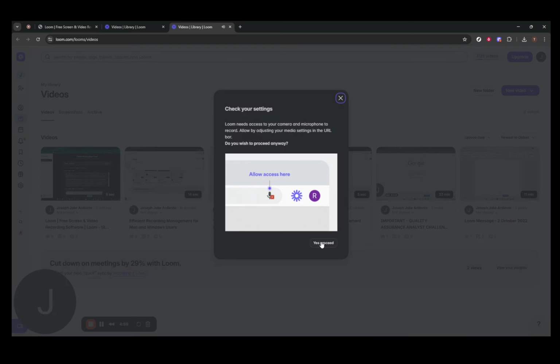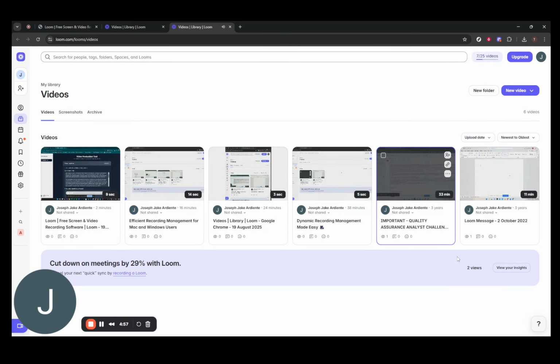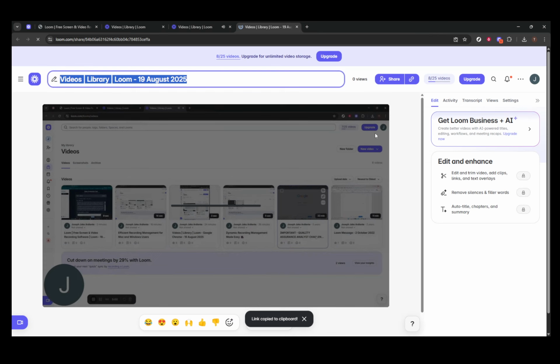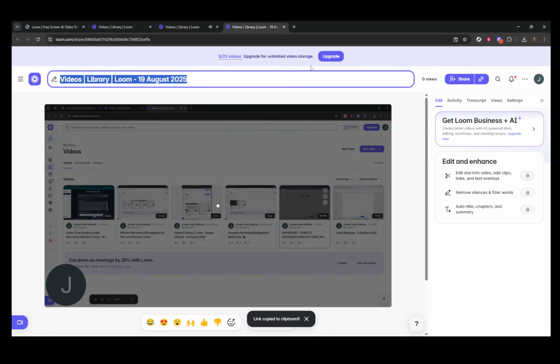To wrap up the recording, click on the red stop button in the toolbar. Loom will immediately upload your video and provide you a shareable link, which opens directly in your browser for further editing and sharing options. Once you're in the Loom interface, you have the chance to trim or make edits to